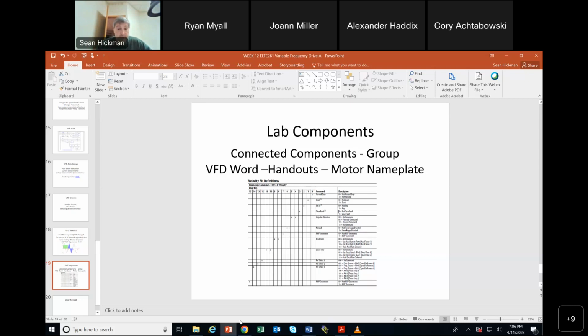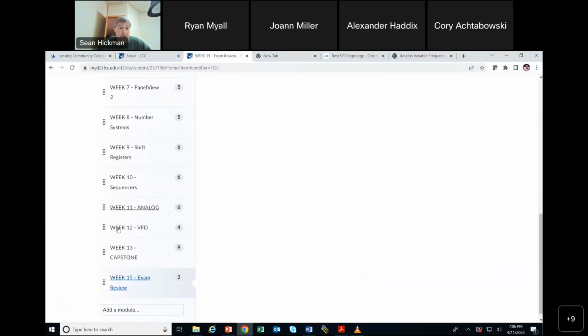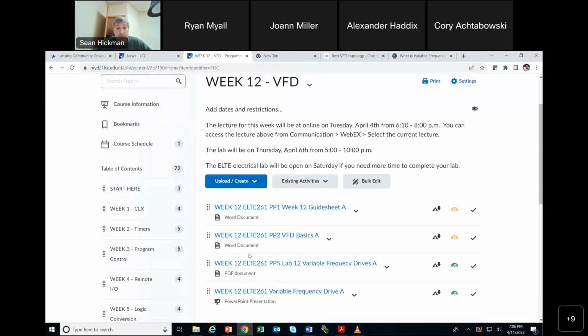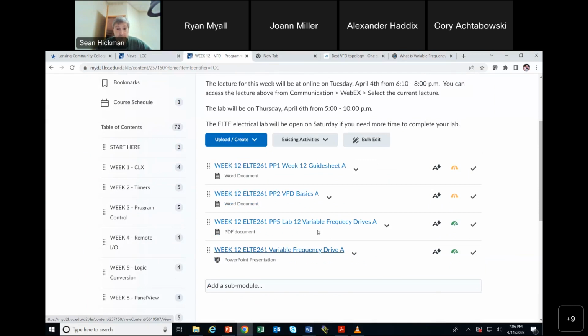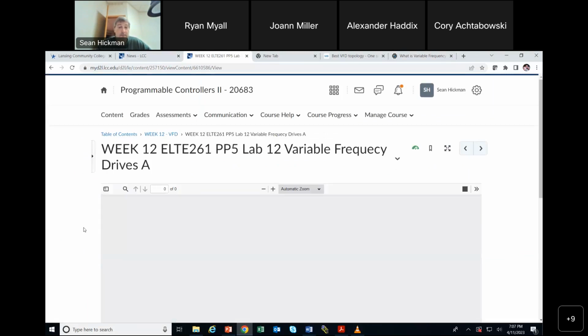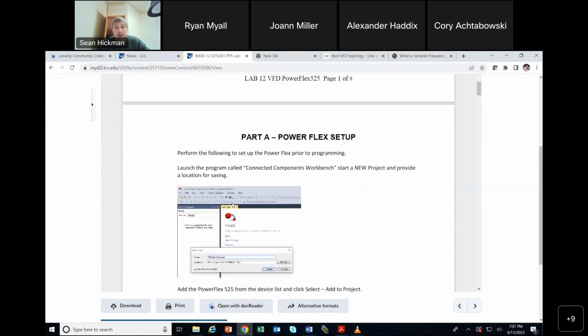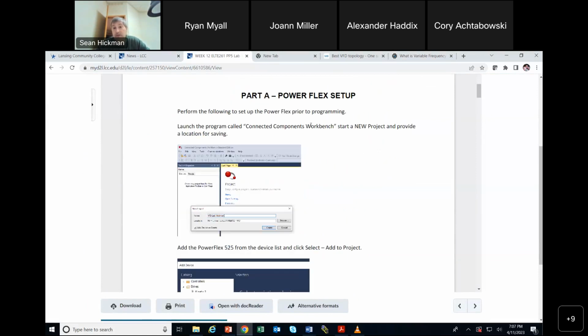So that lab, I guess I'll pull it up. Why not? Where is it? Here. Just so you know. Here's my VFD. Here's where right here. So the thing is, here is where you're going to go, and you're going to set your PowerFlex up. And a good way to do it is with